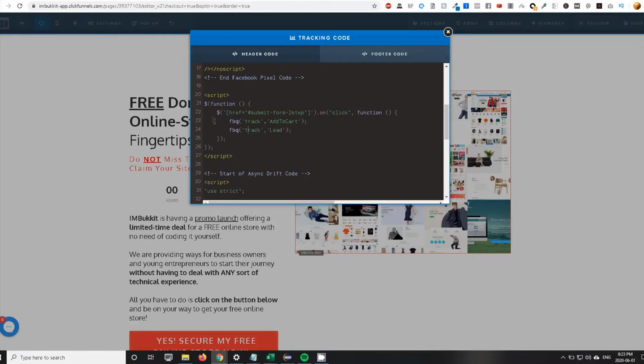So I'll provide the code for this, but basically what this code is doing is it executes anything here as long as the button is clicked. Okay, so you can really add any Facebook code in here, but this is the one I added, add to cart and lead. So basically what I did was, the reason it isn't working, it's actually very simple, is because,